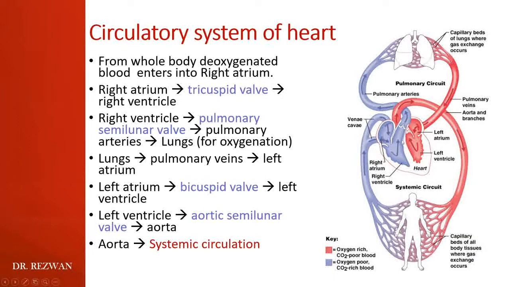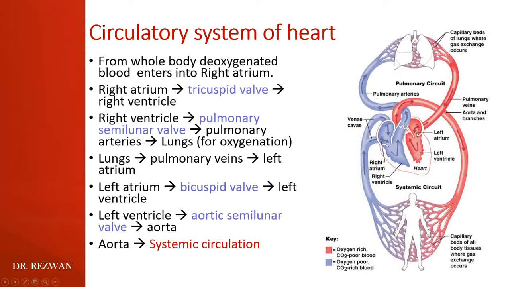From the right ventricle, through the pulmonary semilunar valve, it is going into the pulmonary trunk, and from the pulmonary trunk it will go into the lungs for the oxygenation. Within the lungs or respiratory system, the deoxygenated blood will be oxygenated and it will return back to the left atrium by 4 pulmonary veins,